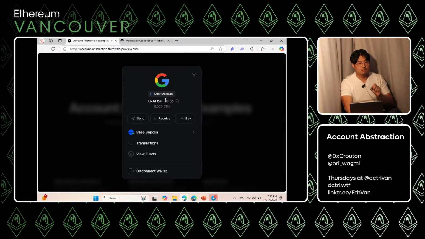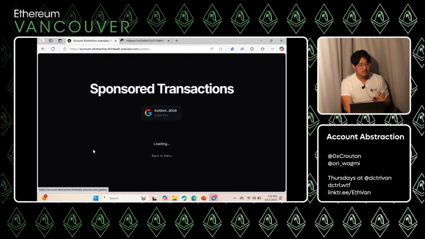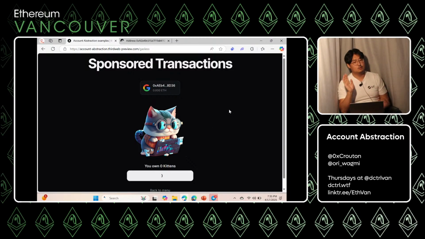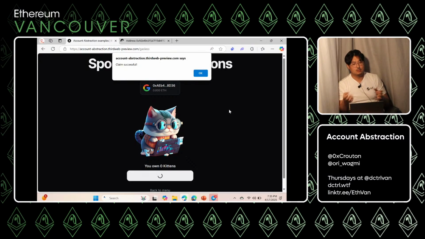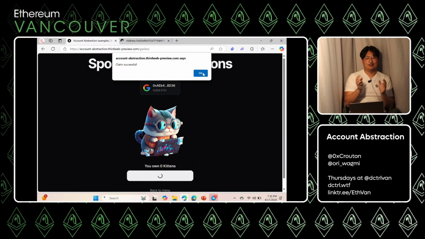So my Google account has this smart account that this app knows about. So I'm going to go sponsor transactions, and I'm going to try and claim this NFT. So I click claim, and you see I don't click on anything. If this was Rappi, I'd come up and I can sign a message because I still need to do some kind of signature validation. So maybe it could be, oh, it worked, nice, okay, cool. So what happened here was the staff was able to get a signature from my Google account.